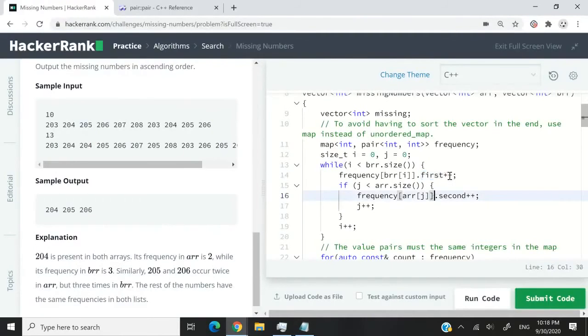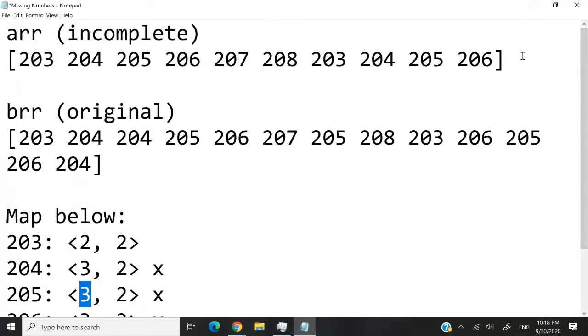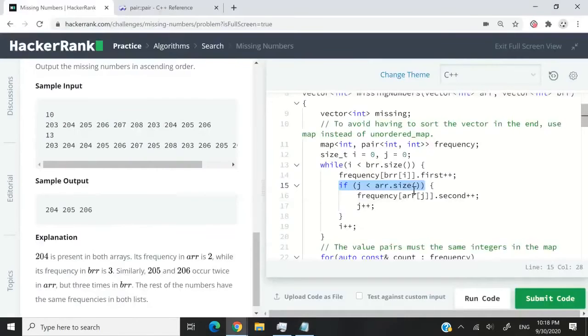So I want to increase the frequency of every element that I find inside my original array. Whenever I find it, as I iterate through that original array, I want to increase the counts, meaning I found it once, then twice, then 3 times, and so on. If j has a valid index, so j is used to iterate through my incomplete array, then I also want to increase the count of whatever element I'm finding whilst I'm advancing through it.